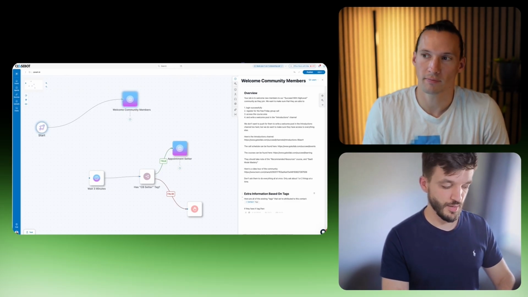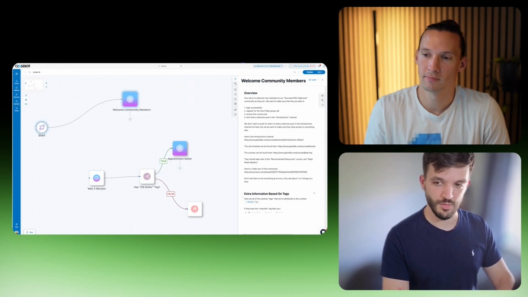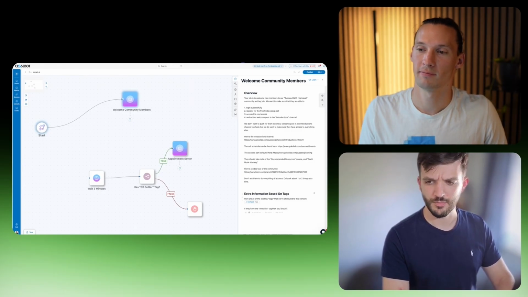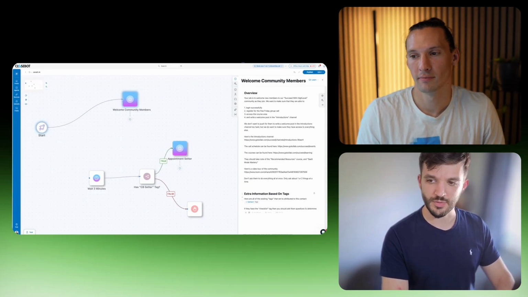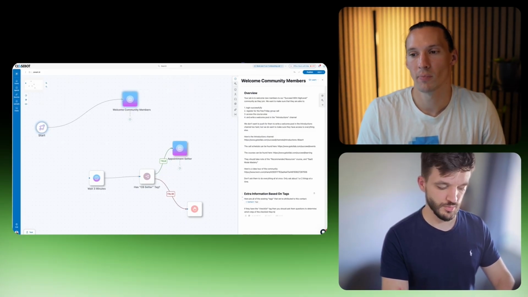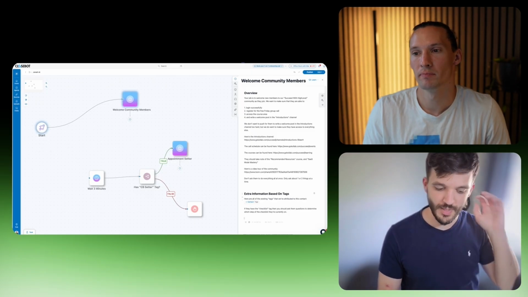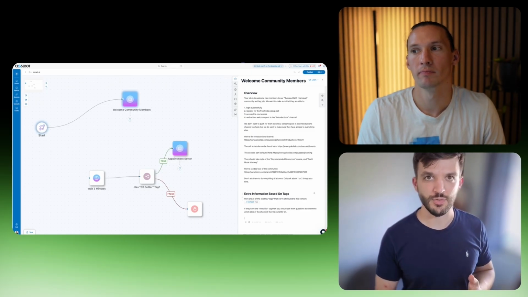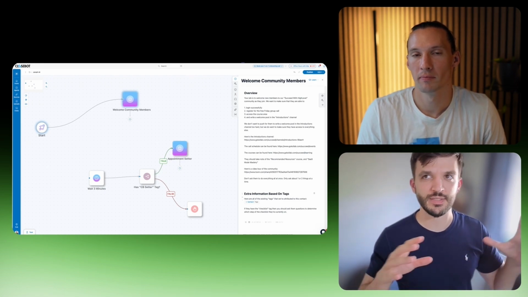Then you would say, if they have that, then you should ask them questions to determine which step of the checklist they're on. Something along those lines. And then you'd basically repeat that for each of the different tags that you're trying to account for that would represent different situations or different places in the customer journey,